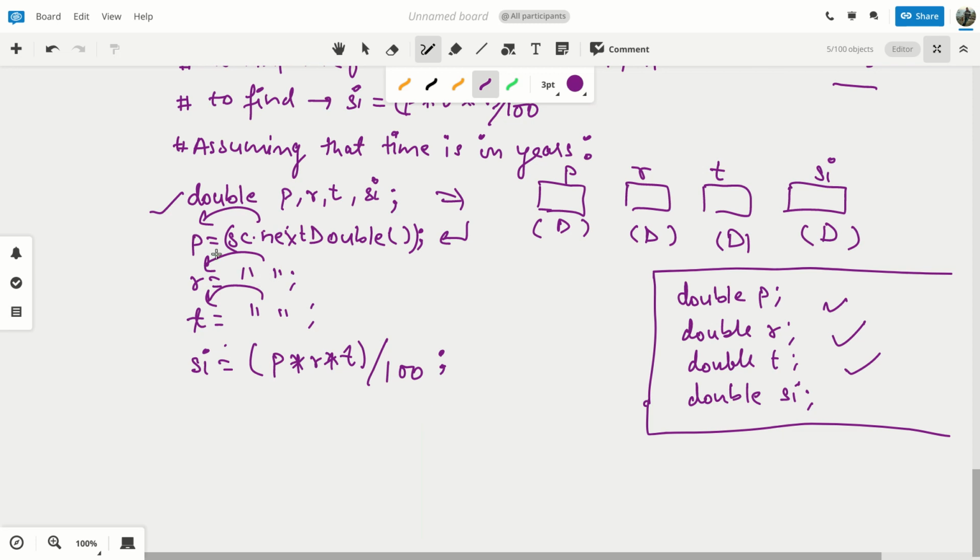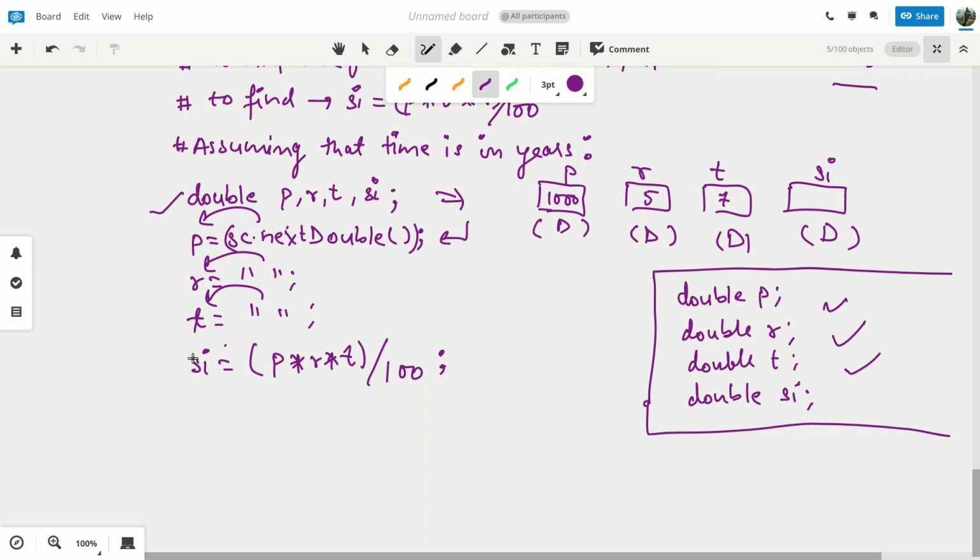Once the user enters, that will go into R. Let's say in P, the user writes the principal, the user gives 1000. 1000 will go inside P. In rate, let's say the user writes 5. 5 will go inside R. And in T, let's say the user writes 7 years, so 7. 7 will go inside T. So now P, R and T have 1000, 5 and 7.